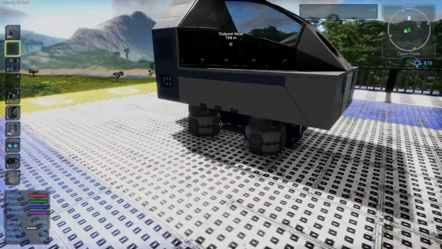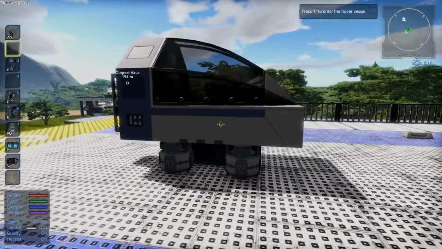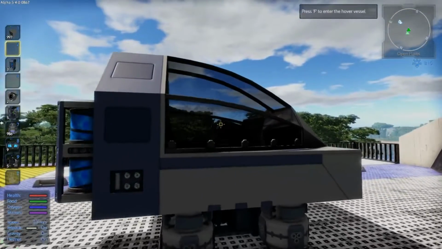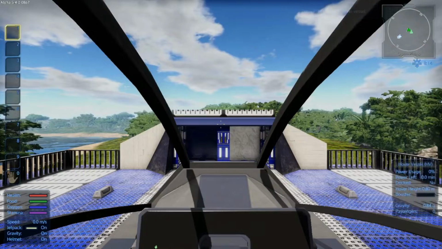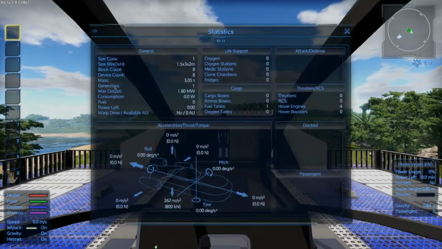However, each of these four right now pushes out 200 kilonewtons, and we only need 1 kilonewton per 102 kilograms. And right now, in fact, we can jump in and see how much. If we go to P, we can see that the max weight of our ship right now is 3.5